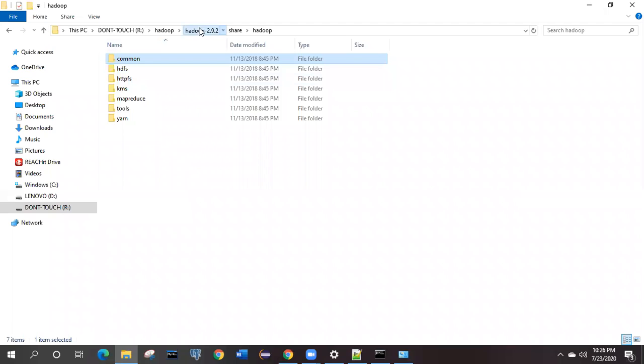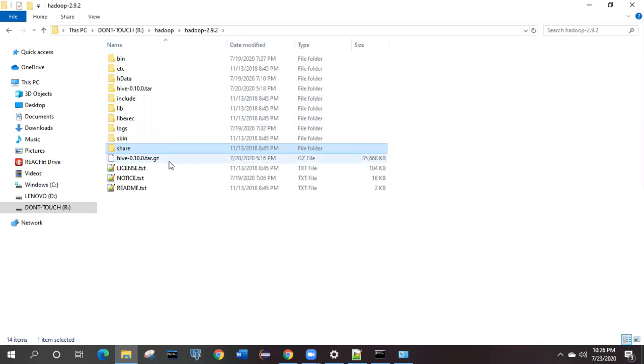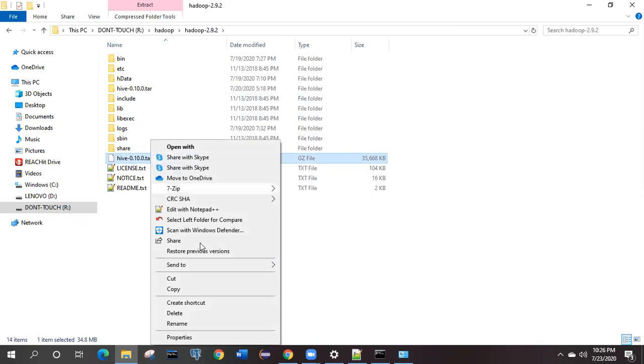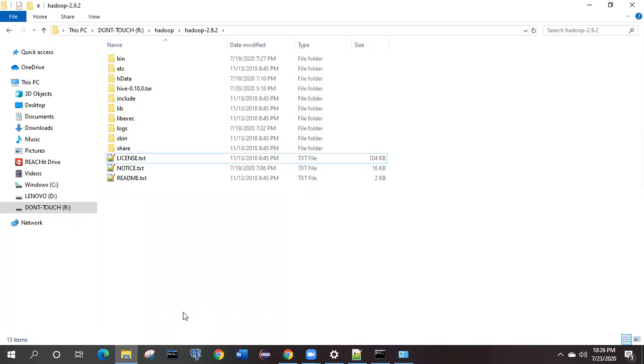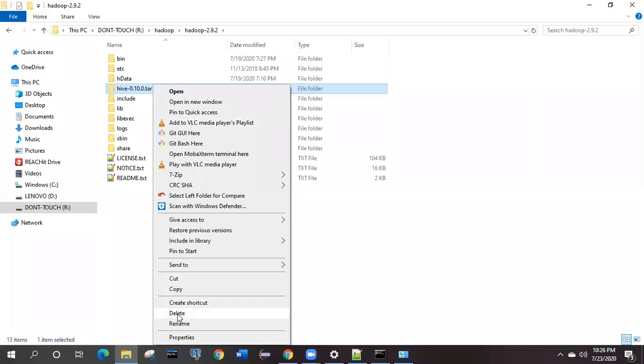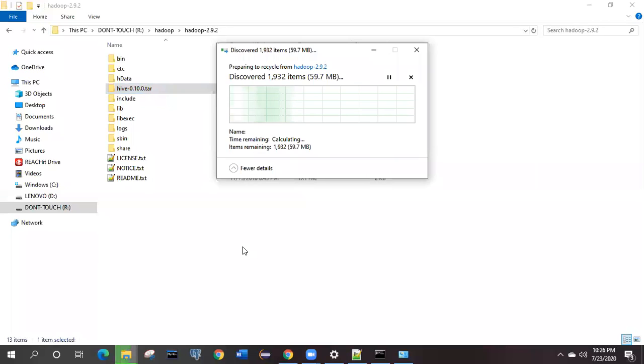Stay tuned. Come back to this Hadoop folder over here. Once you have the Hadoop, forget about this hive tar file. It is unnecessarily kept here. Let me remove this. What you have to do next, and how we are going to configure Hadoop in our system. Initially, you will not find this etc data. What is this etc data? I will tell you while configuring.